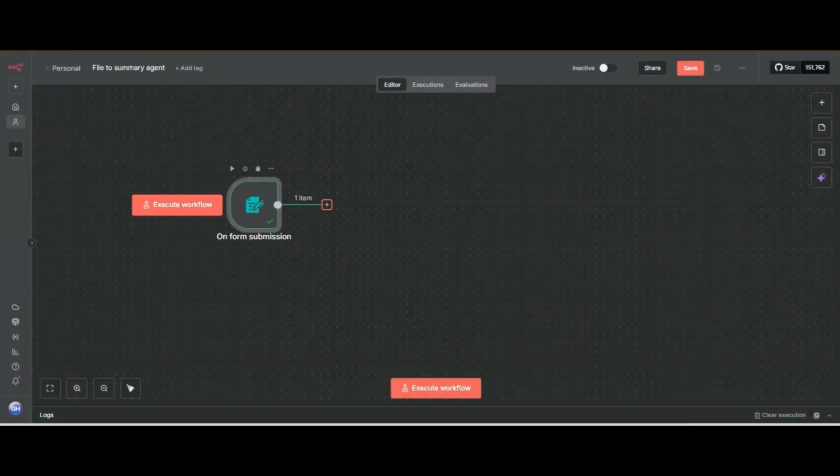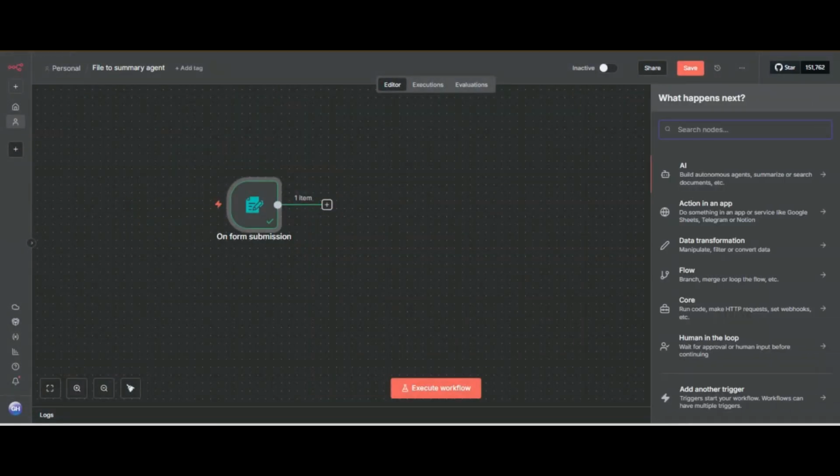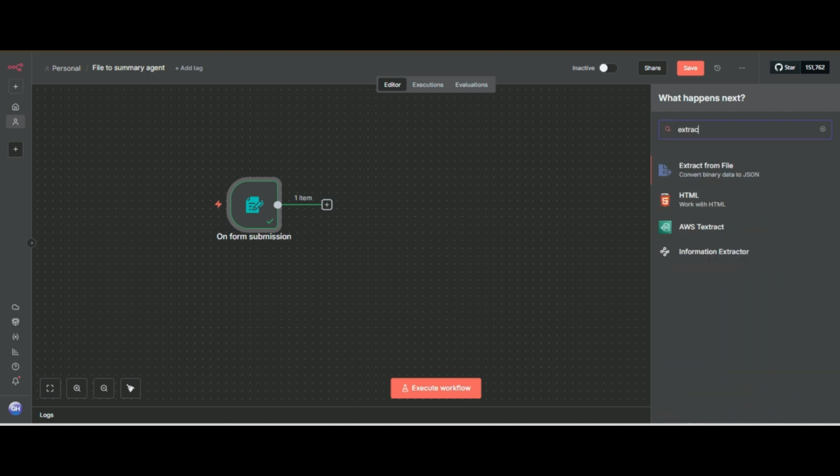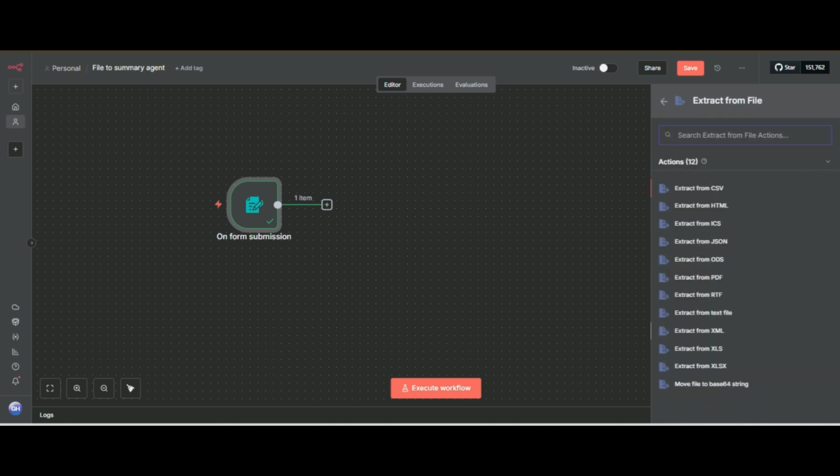So we use Extract from File, because we want to extract the data from the file. I search for extract from file. Now you can see there are various options for where you want to retrieve the information. Here you can see JSON, but we have to extract the details from a PDF.